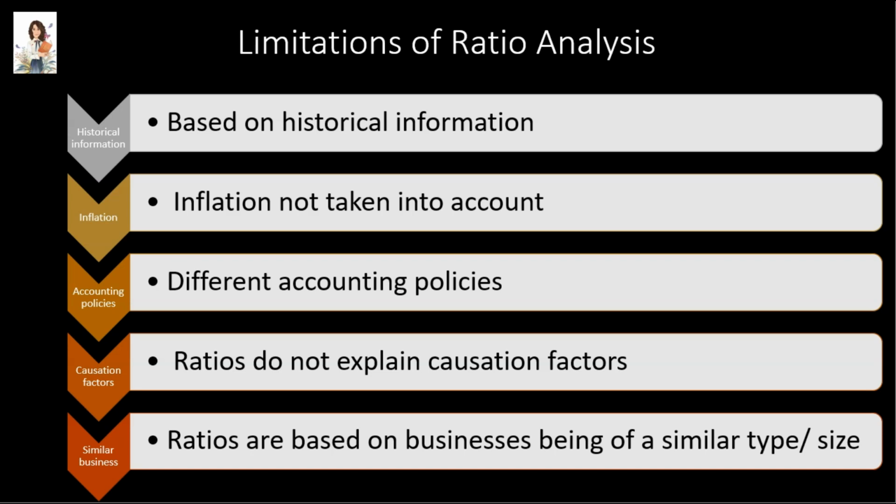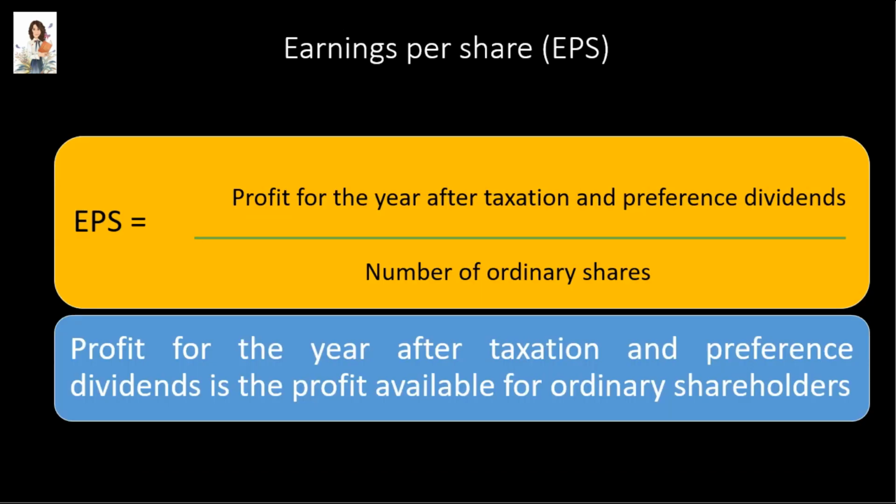It is difficult to compare two businesses because different organizations have different structures, different methods of financing their operations, different expense and revenue patterns. Ratios only show the results of business activity. They do not indicate causes of good or bad results. No matter how similar two businesses might appear to be, all businesses are different, so it is difficult to compare two businesses. The first ratio that we will understand is the earnings per share or EPS.